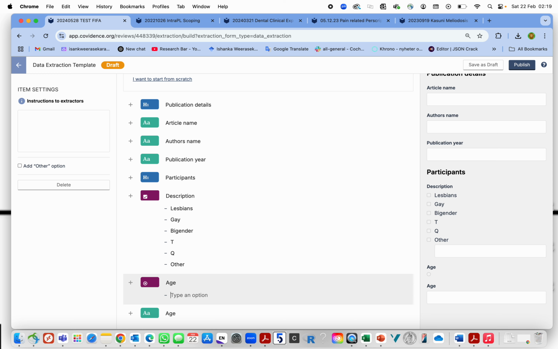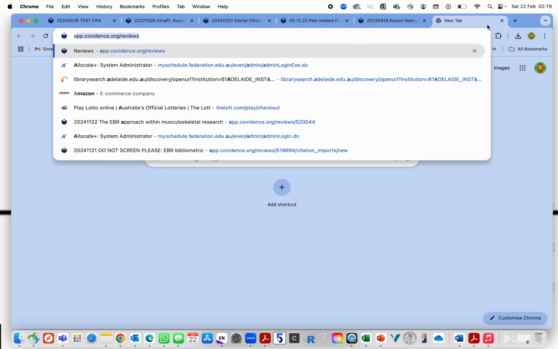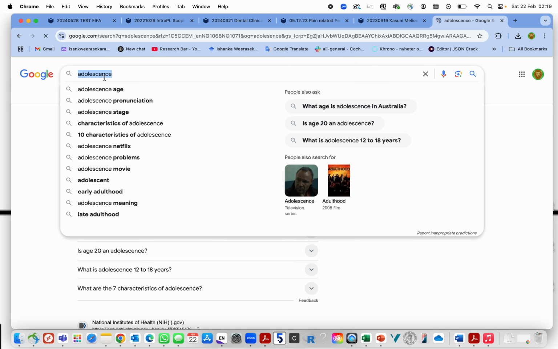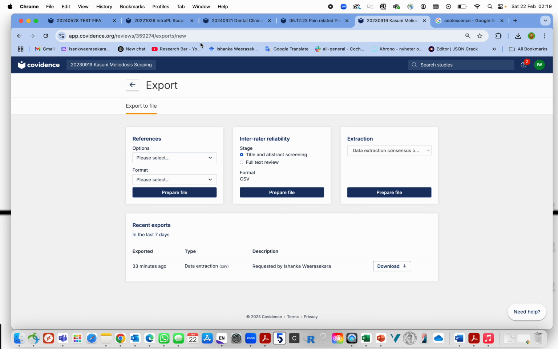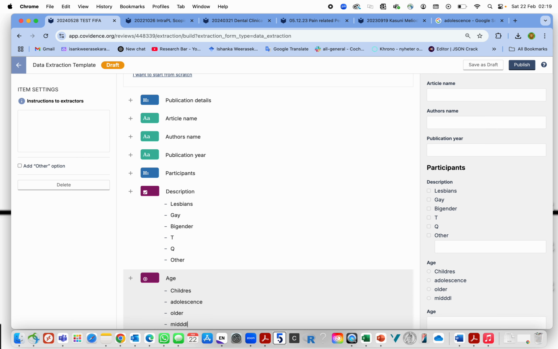categories. Okay, this study is on infant, like children, adolescents, I'm sorry about my spellings, but I'm just gonna Google it. Yeah, here we go. So I'm just gonna copy this one. Yeah, and then adolescents, and then old adults, or I don't know, middle age, whatever the category, you can just